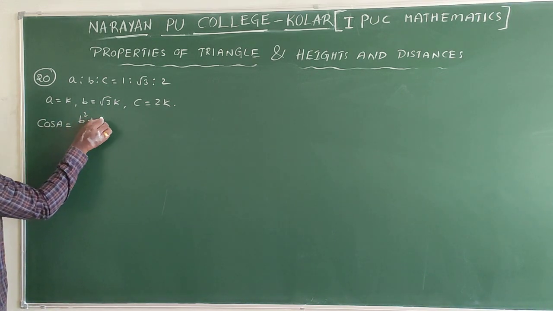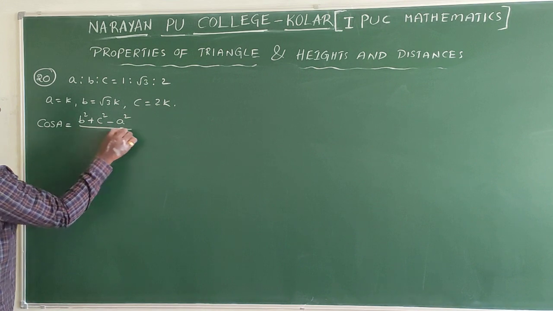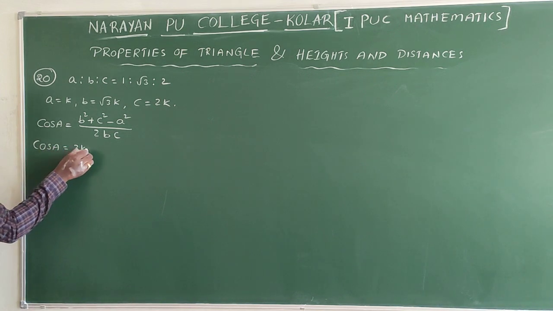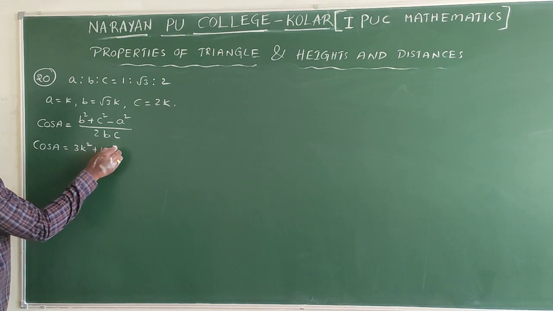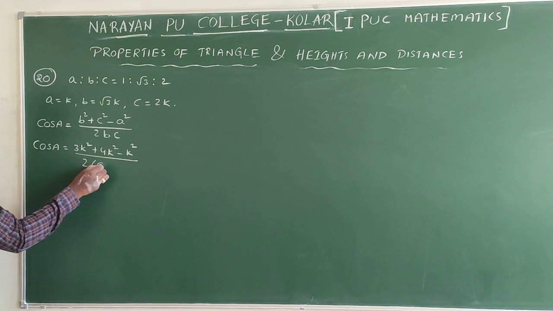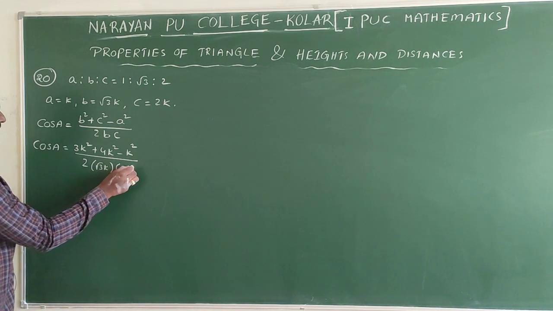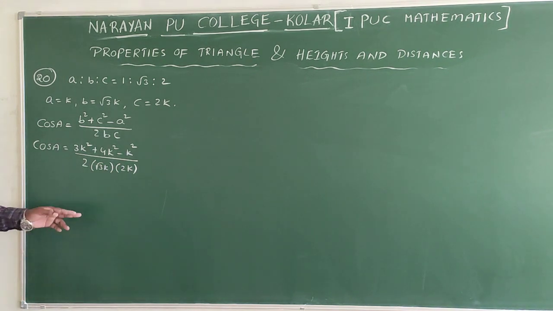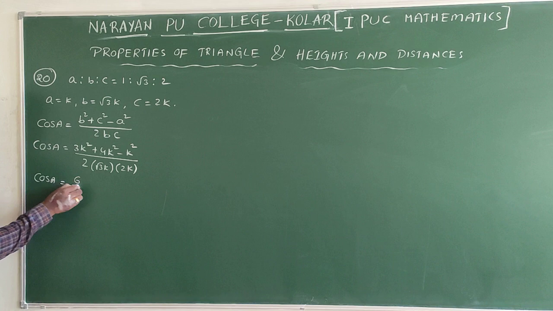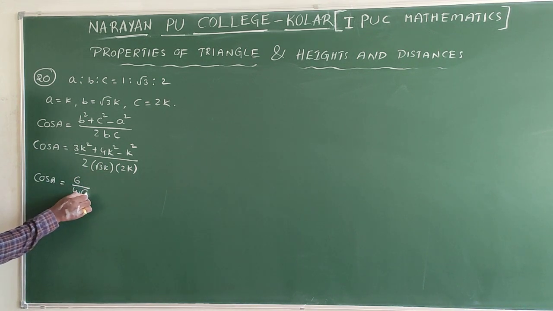Formula: (b² + c² − a²) / 2bc. That is the formula. Then cos A is equal to (3k² + 4k² − k²) / (2 × √3k × 2k). Now you can take k² common, and in the denominator also k² gets cancelled. Now cos A equals (3 + 4 = 7, 7 − 1 = 6) / (2 × 2 = 4) × √3. If you simplify,